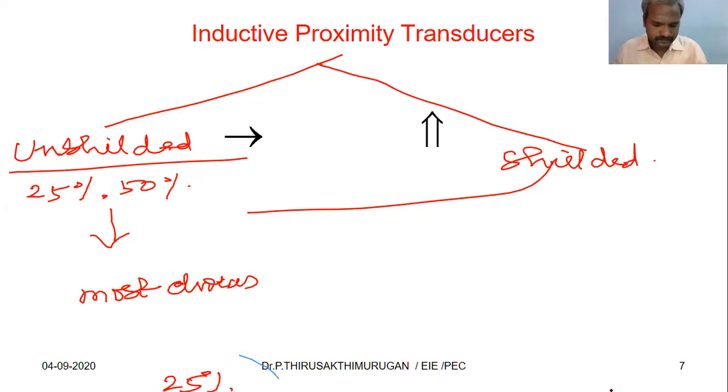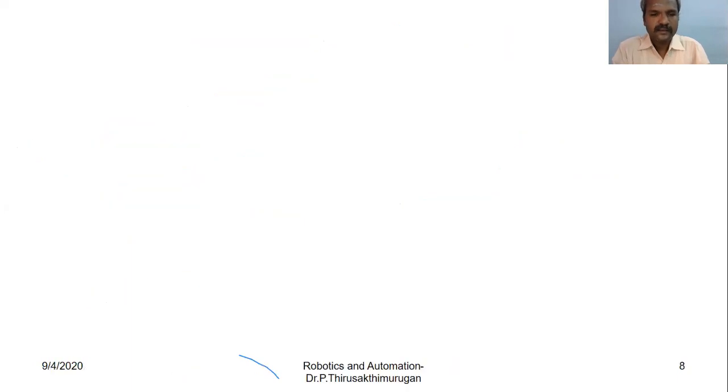Let's see the individual parts. As I told you, the various parts of the inductive transducer, the first is the sensor head. Let's see them one by one. First we see the oscillator stage, the oscillator stage along with the sensor head. So our sensor, say sensor,